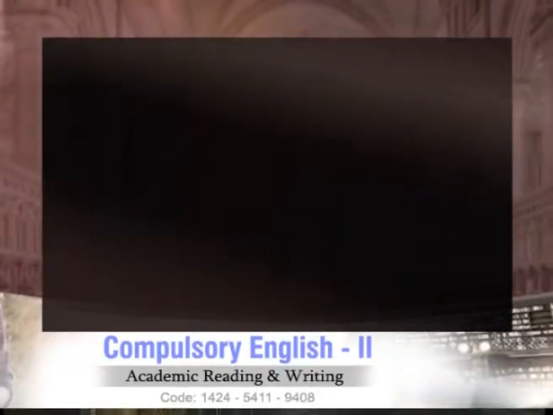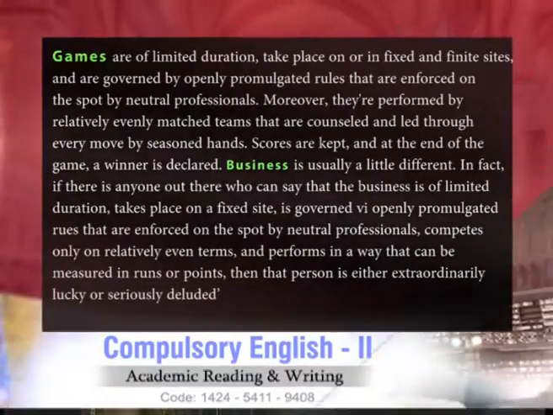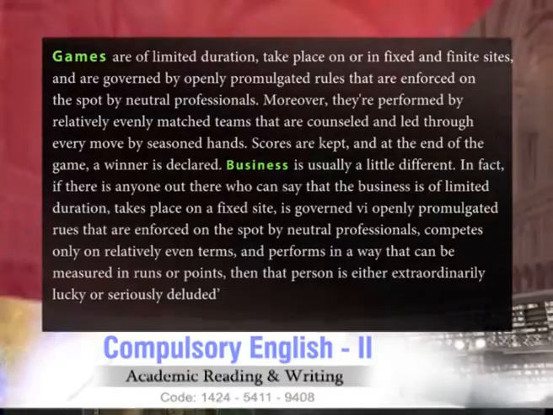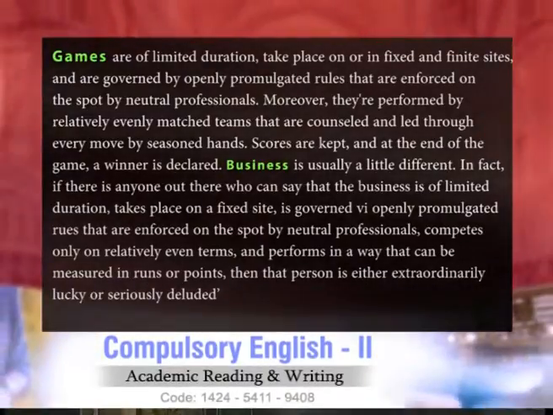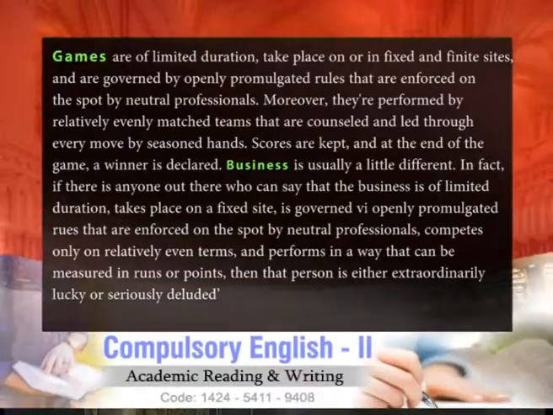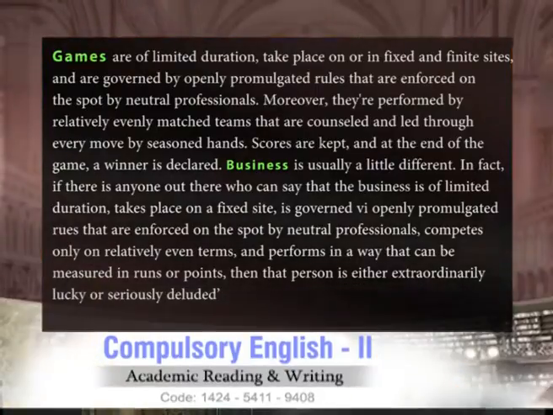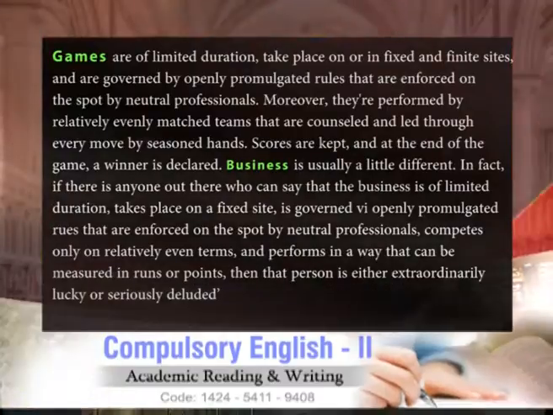If you look at this paragraph closely, you see that the writer is comparing games and business. Now you see that he has used the block structure of comparison and contrast writing. And how do you see that? You can see by the highlighted games and business. The first part of the paragraph is dedicated to games, and the second part of the paragraph is dedicated to